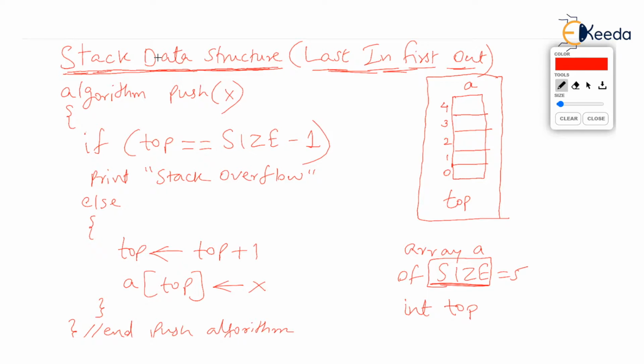All right. So these two things, an array of some fixed size and top which is an integer, both of them make a stack. So in case we are asked what is a stack, you should say a stack contains an array of some fixed size and an integer called top. Many people call this top the counter of the stack. So that's what I have shown in the box there up.